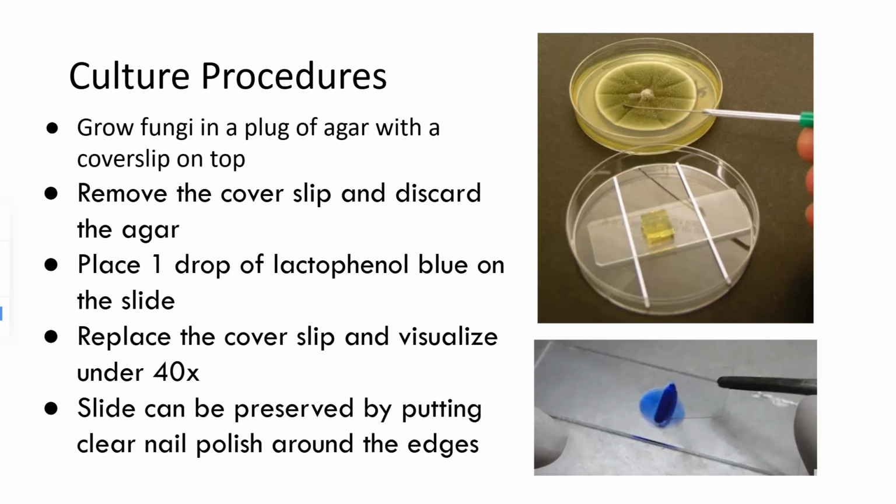So if you want to go ahead and make a slide culture, this is what you would set up. There would be a slide, and you would put a little chunk of agar on the slide. Typically you would moisten the bottom, put water in the bottom, or put a wet paper towel on the bottom so that there's some moisture and humidity inside. And you would put this inside of a petri dish and then put these two